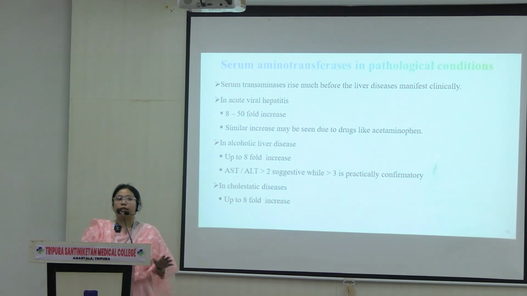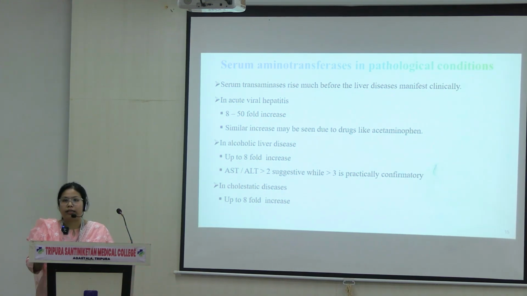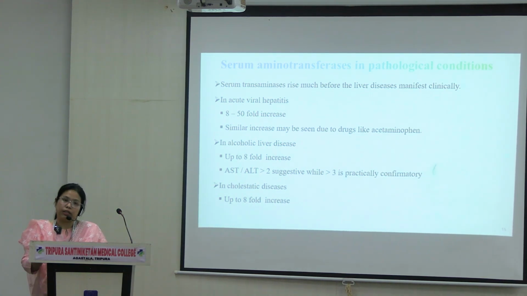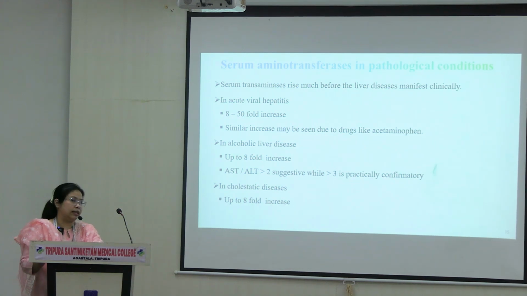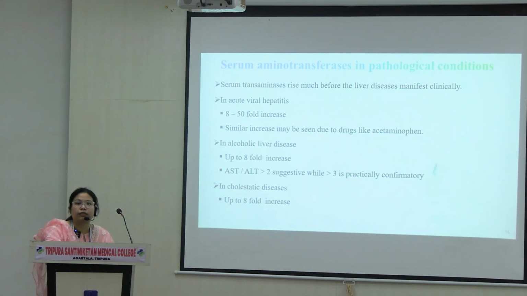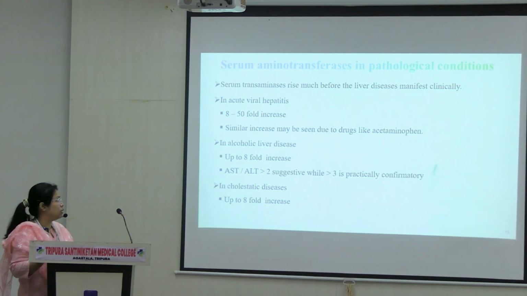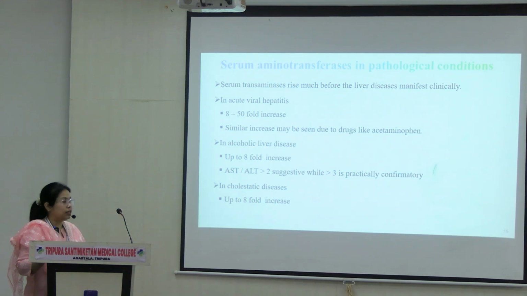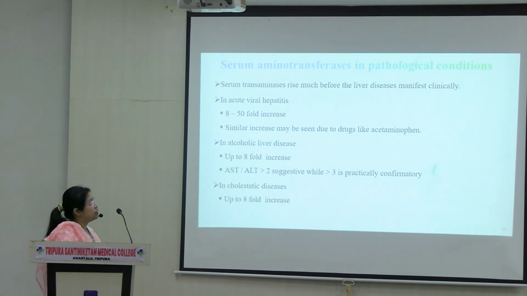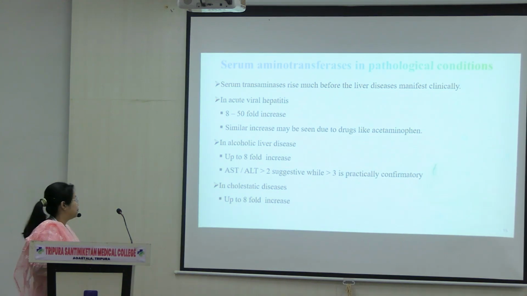They are important because they rise before the disease is clinically detected. Body में बाहर से कोई symptoms आने से पहले ही we will see, if we do serum test, we will see that there is rise in AST and ALT. For example, whenever there is hepatitis, say C, hepatitis B, whatever hepatitis, we will see that there is up to 50-fold rise in AST and ALT levels. Say for example, if there is alcohol liver disease, up to 8 times the normal value.